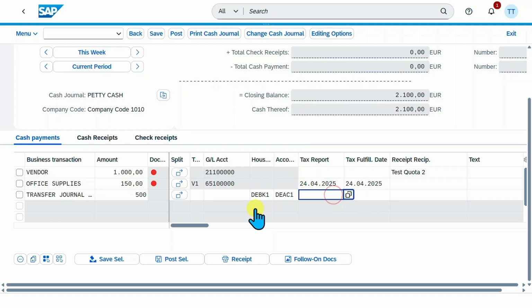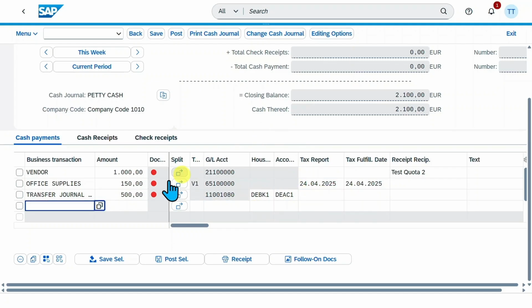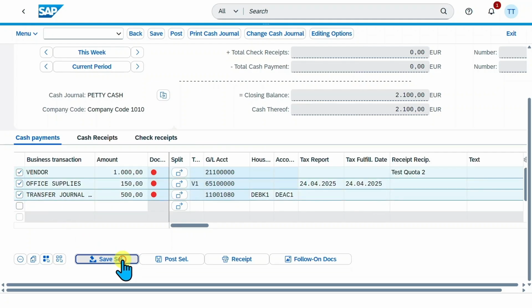That's basically it. So we can also hit enter. And for now, the selection is also fine. So we can click here on save selection. Of course, we must select the entries first, then save them. And now, as the entries are already selected, we can click on post selection so that this is also posted